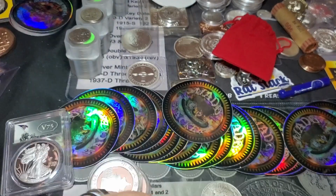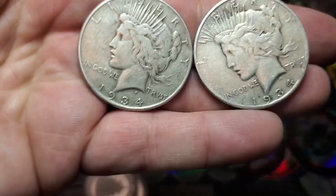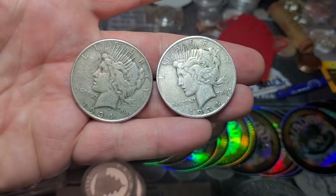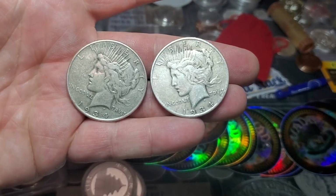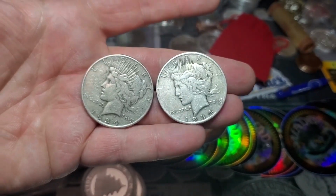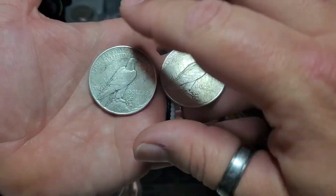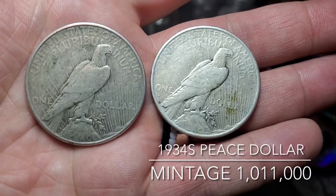Well, that didn't stack very well, did it? Anyways, I know what you guys are wondering. What are those last two peace dollars? Well, I was there at the show, and after looking up the mintages on these, I see why Ink Scars wanted them so bad, and now I realize that I should have gotten them. But I did tell him, hey, I don't want to do this until I'm able to record the video, but then you can send me the money and I'll ship them to you. But at this point, if he changes his mind, I won't be upset because we've got a